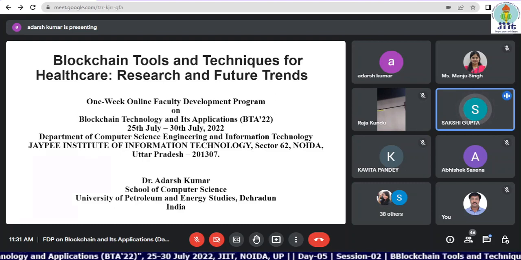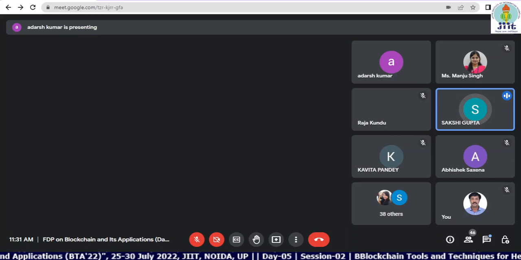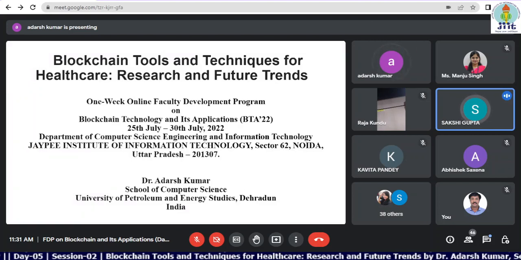Dr. Adarsh Kumar has been working in research and academia in computer science engineering and information technology for more than 16 years. Presently, he is working as a senior associate professor at the University of Petroleum and Energy Studies, Dehradun. He worked as a postdoctoral researcher in the Software Research Institute at Athlone Institute of Technology, Ireland, where he was actively involved in an enterprise-funded multi-million euro research project to develop new methods to detect and combat cybersecurity attacks.